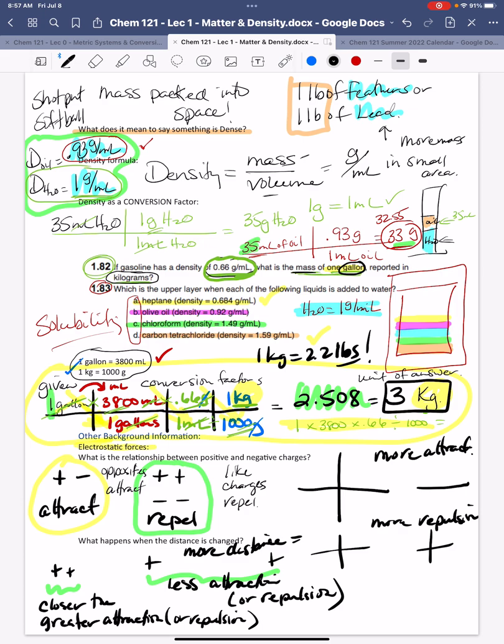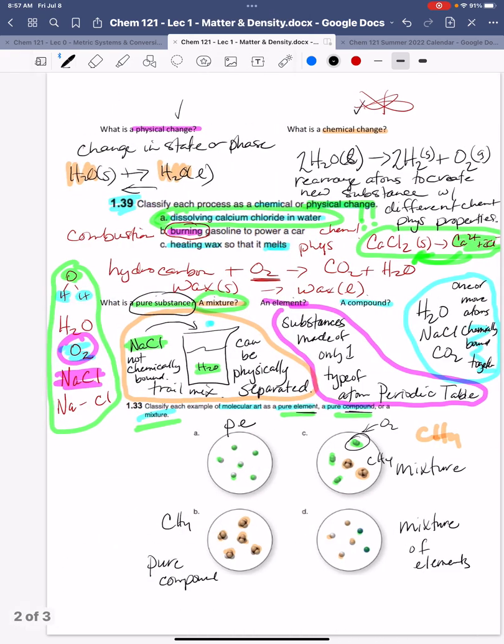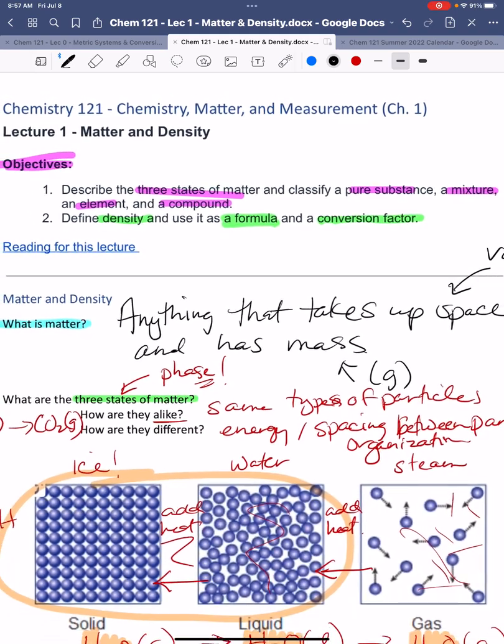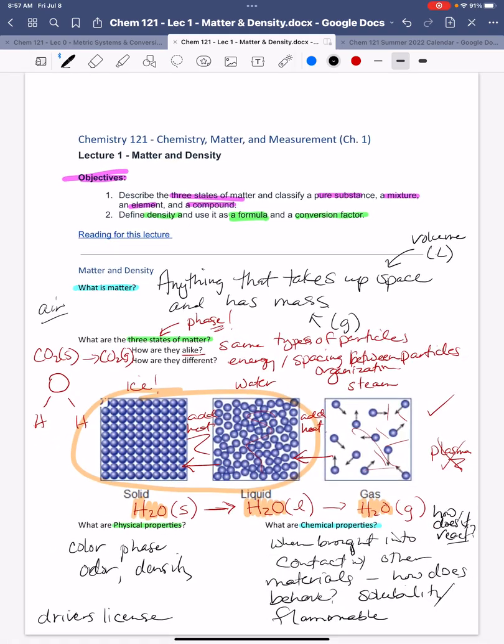And so I always like to throw this out here at the very beginning. It does seem very random, but again, it will be something that will come up over and over and over again. Okay, so that takes care of our second lecture. Again, go back to the objectives on here and make sure you're good with that, and make sure you're checking in on the reading for this chapter. So I would definitely go back and look at that.